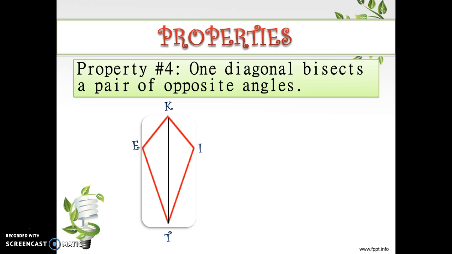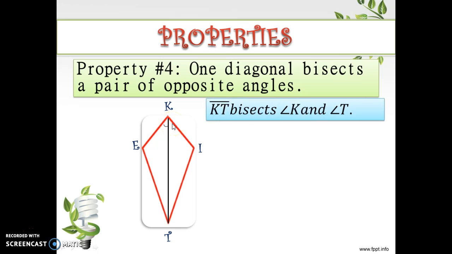This diagonal here bisects a pair of opposite angles, and these angles are K and T. So this angle K here will form two congruent angles, and these are this and this. So we say angle EKT is congruent to angle